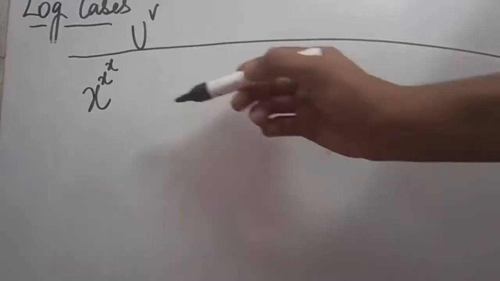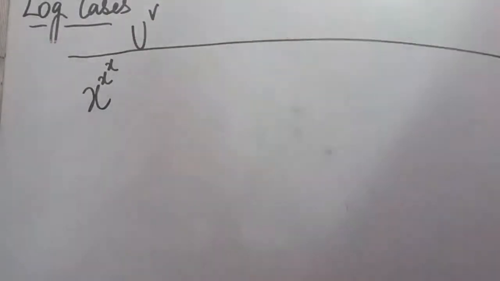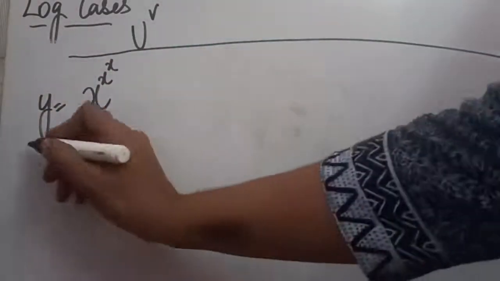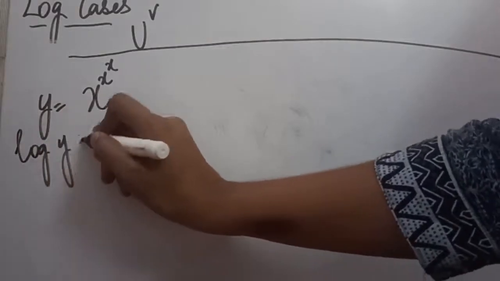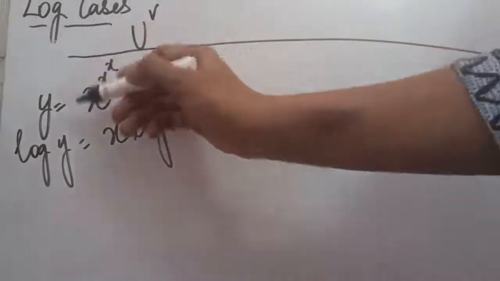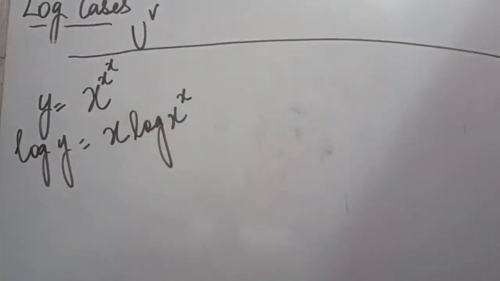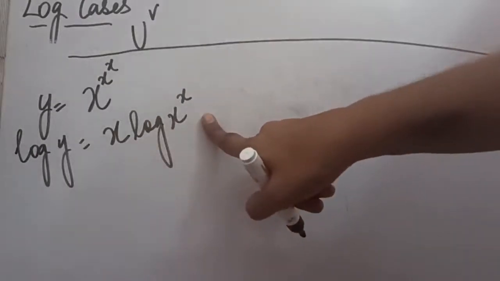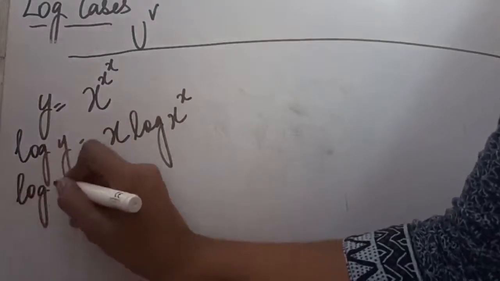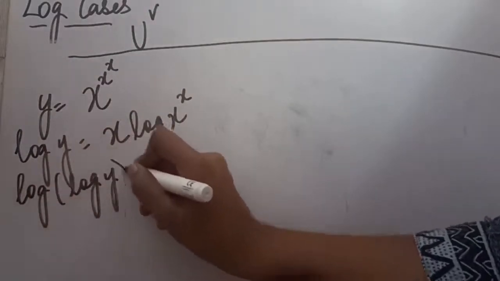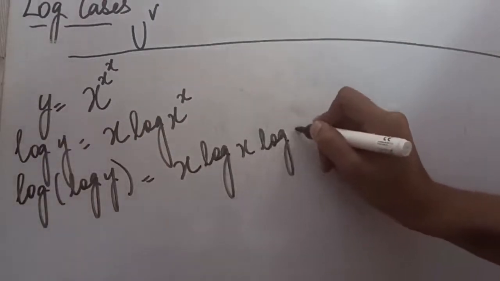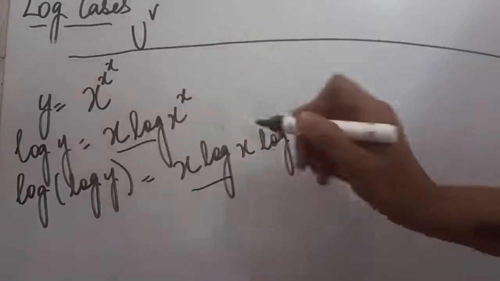Now in this question you have been given x, x power x, x power x, like that you may be given. So solving it with the log, we can put it equal to y. So if we take log, it will be log y equals x power x log x. So this first x has come in the front, so we are left with x log x. Now again if we want to resolve this power, what we can do is take the log again. So we write log of log y. So we are taking log again. So it is x log x, this also has come forward.